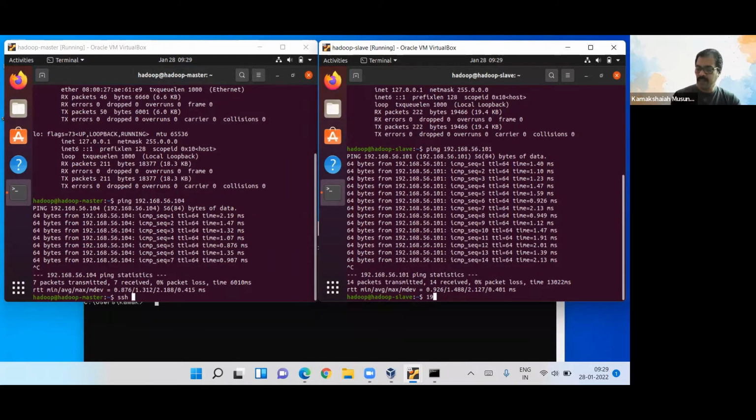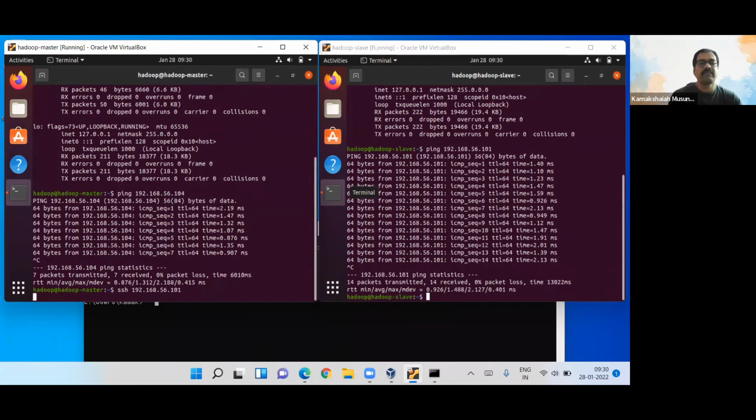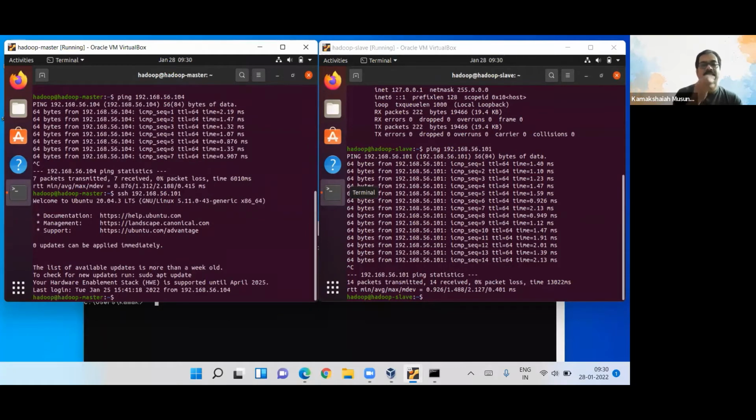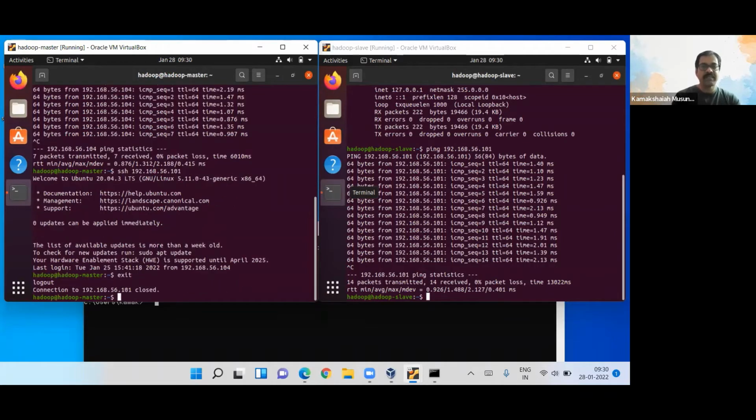SSH 192.168.56.104. Okay, it just logs in. Here it would normally ask me for the key and other things. Actually, something went wrong in Ram's case, so we have to do that entire step again. Now you see I am in. No, I logged into the same master. I'm sorry. So exit, and now